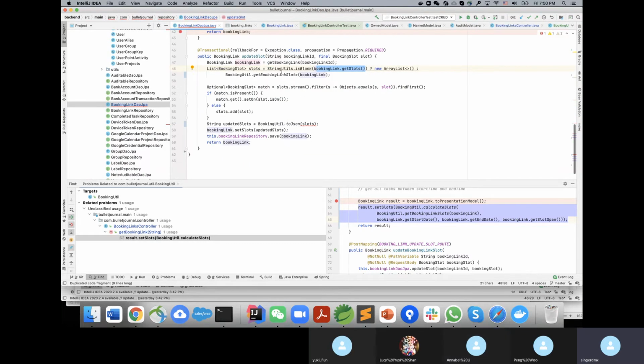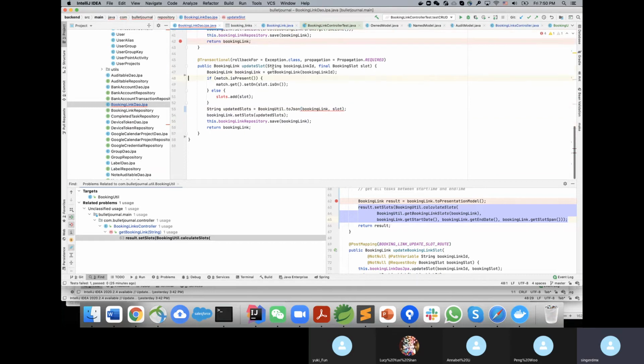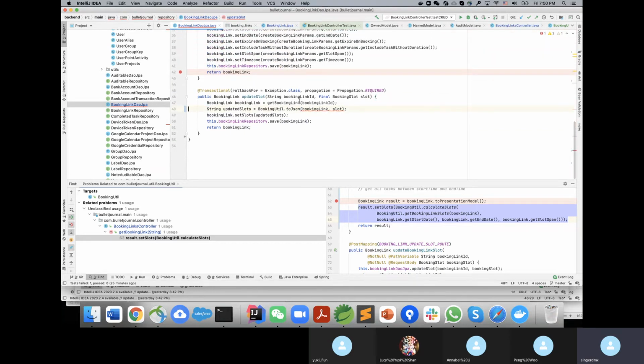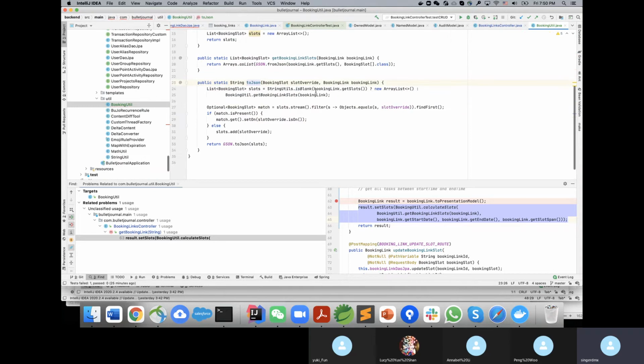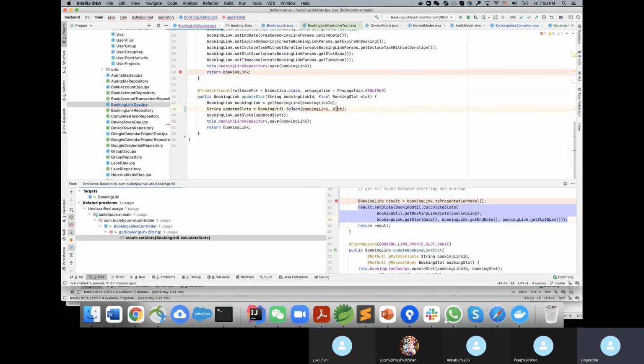If this is to JSON, we can remove all this logic here. So we just need to pass this the slot. Oh, just position change. Yeah, so you can actually just